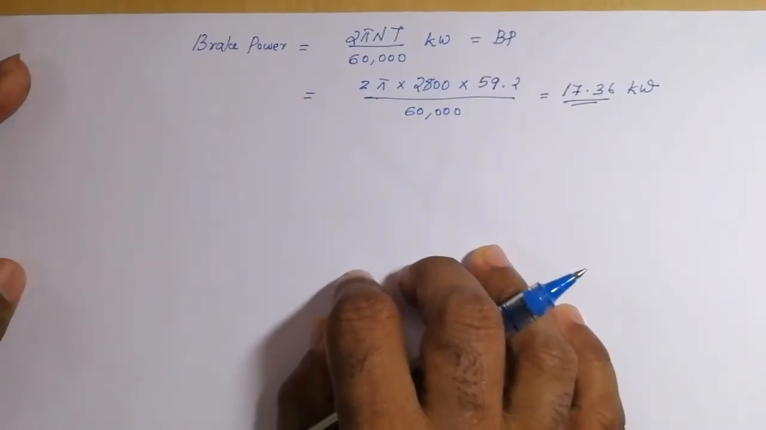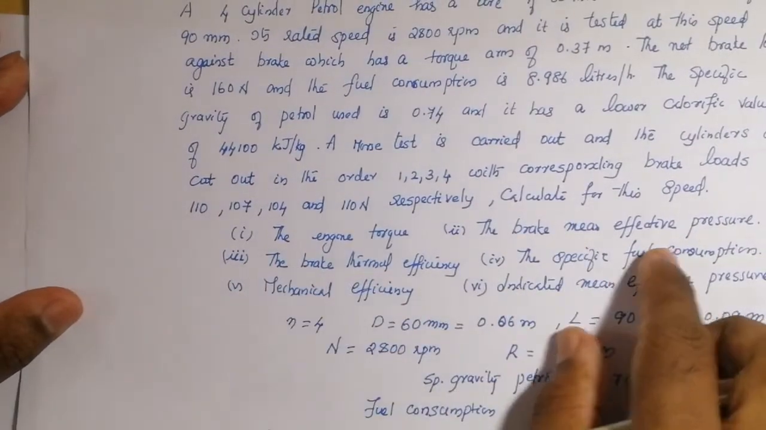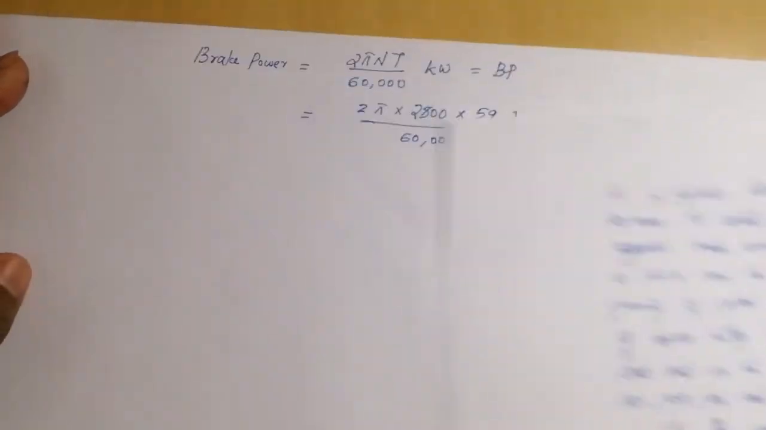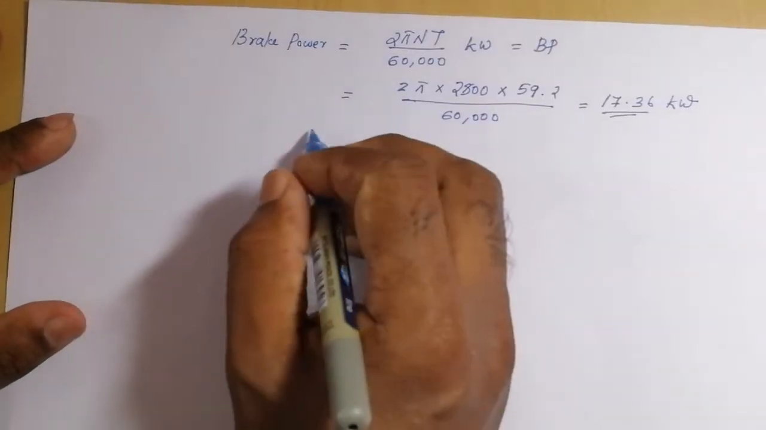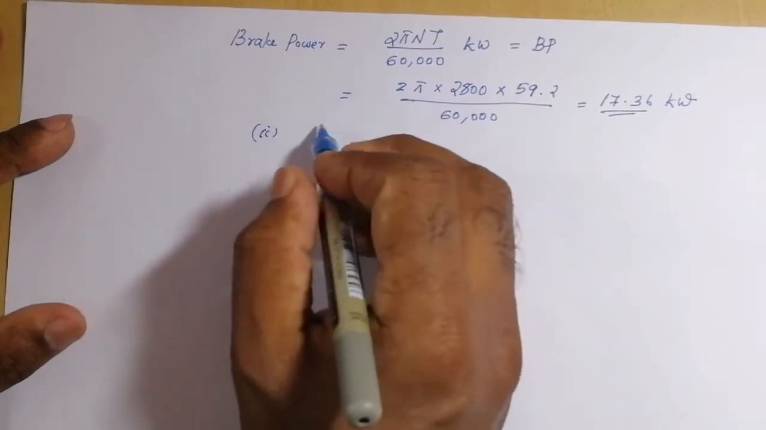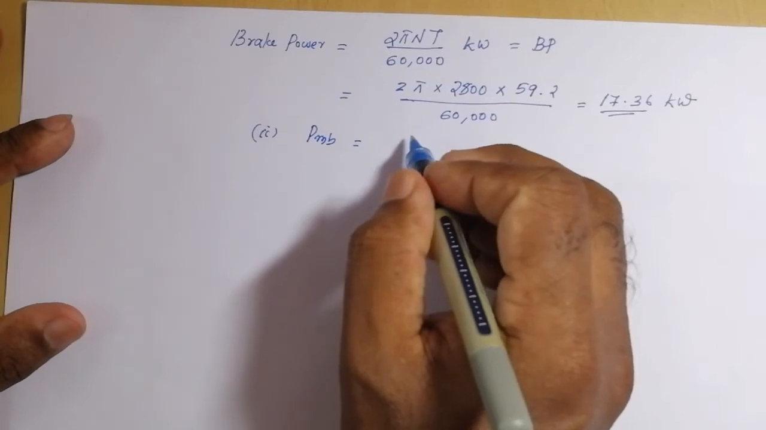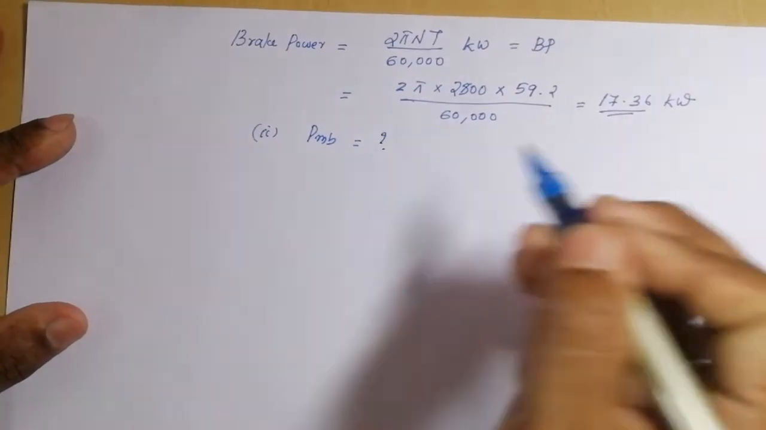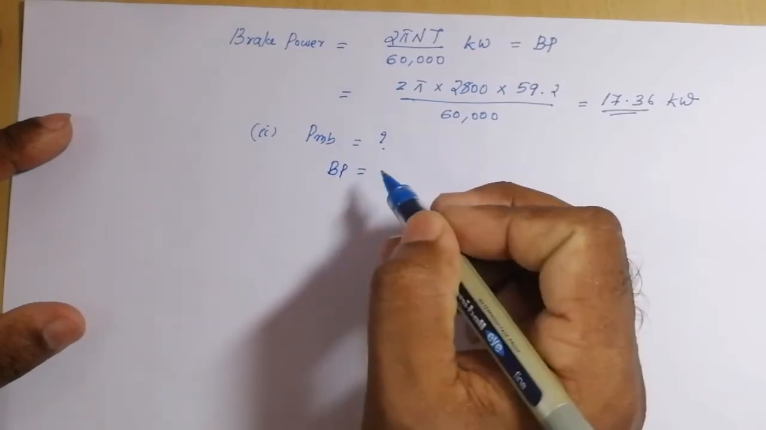So brake mean effective pressure അടുത്ത് പറഞ്ഞിരിക്കുന്നത് they are asked to find out the brake mean effective pressure ആണ്. So for finding the brake mean effective pressure, we have the equation. brake mean effective pressure കണ്ടുപിടിക്കാനാണ് പറഞ്ഞിരിക്കുന്നത്. So we know the equation. brake power is equal to